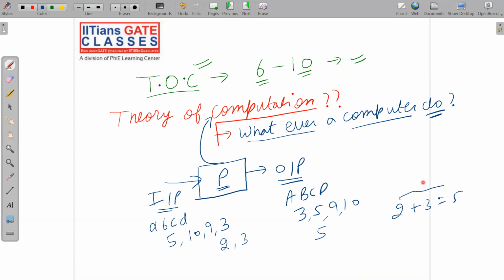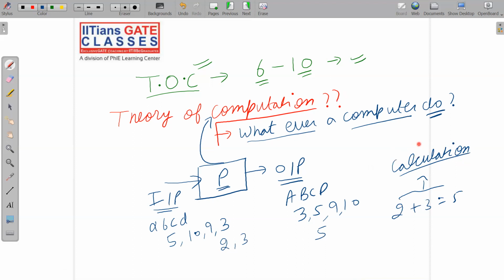You can call this a calculation also. This is nothing but calculating the sum of two numbers, that is 2 and 3. We are calculating the sum of numbers. So this is also an example of computation. Calculation is also a type of computation. So remember the fact that every calculation is computation, but every computation is not a calculation. We are doing beyond calculation.